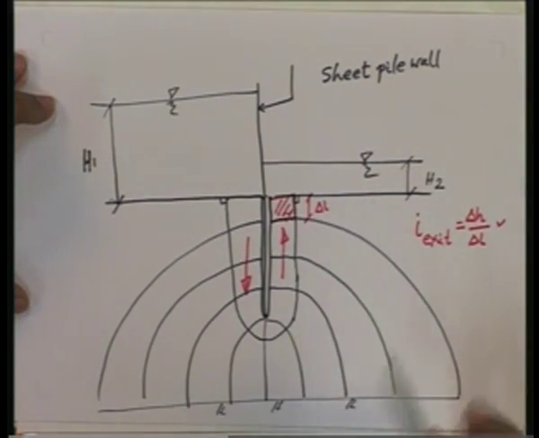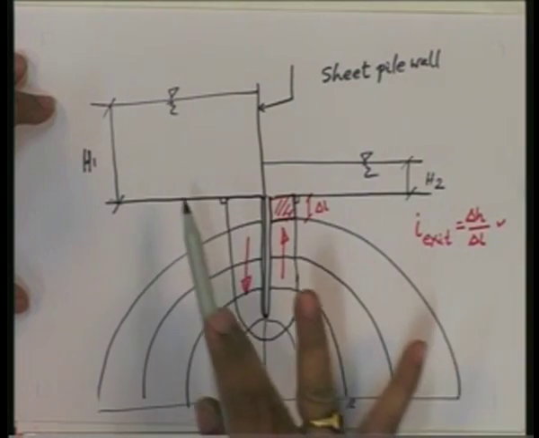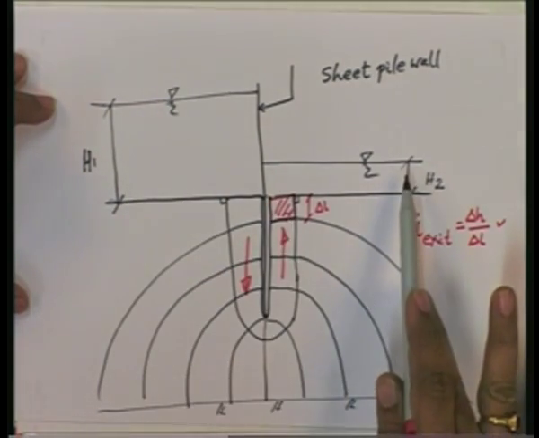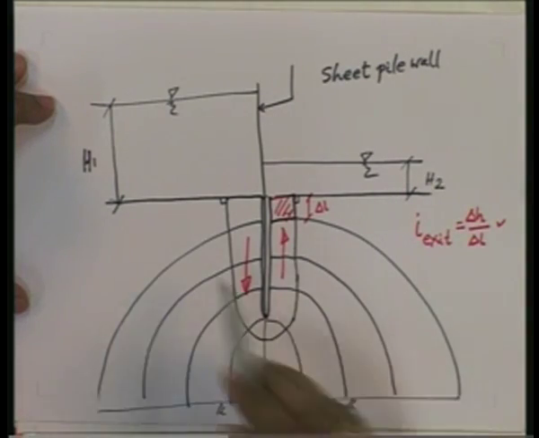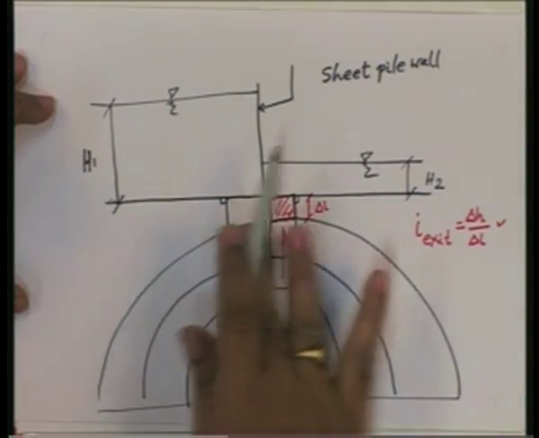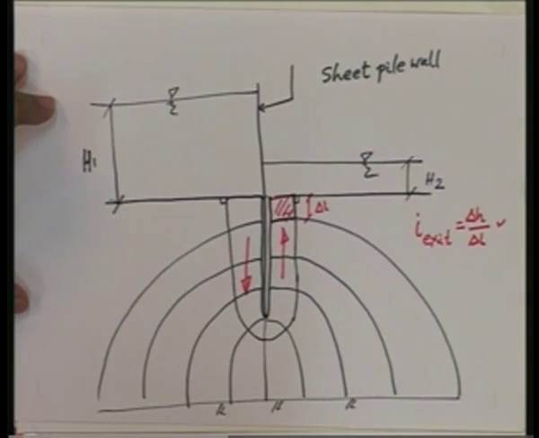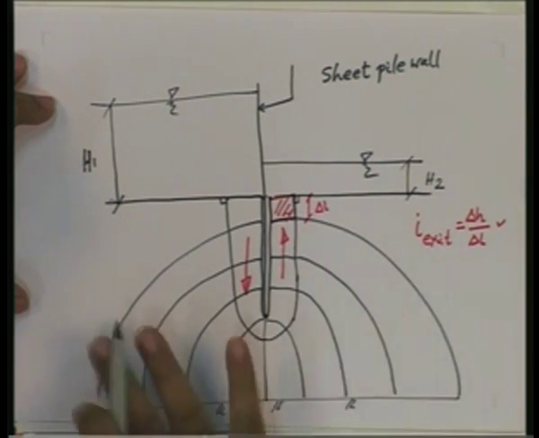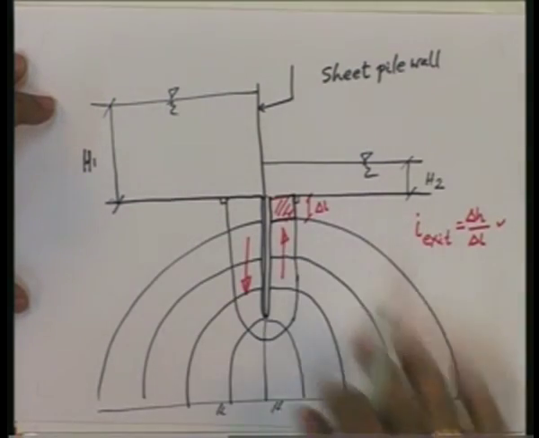That means that perpendicular to this figure, per meter width of the figure, if you consider, there will be a row of sheet pile walls which ensures the leak proofness and retains the water with a head H1 on the upstream side, H2 on the downstream side. So, then the flow takes place with a head loss H1 minus H2 over a length here. So, the cross section, if it is given and if it is homogeneous, then if this is a soil, this is how the procedure has to be done.